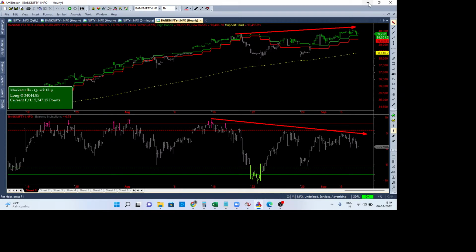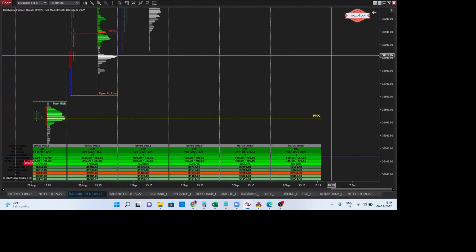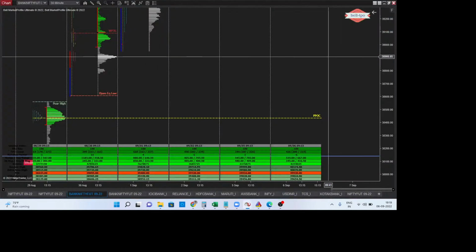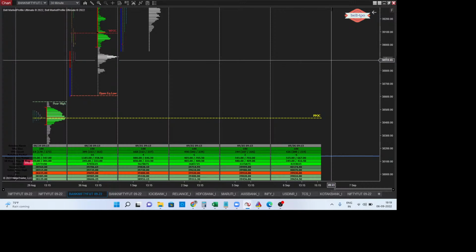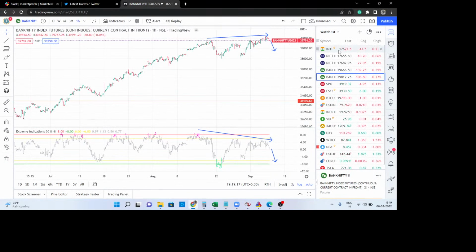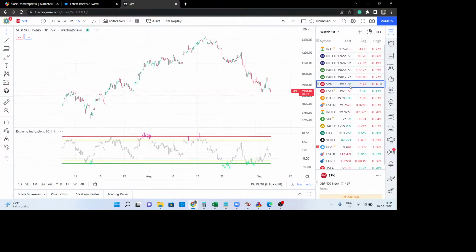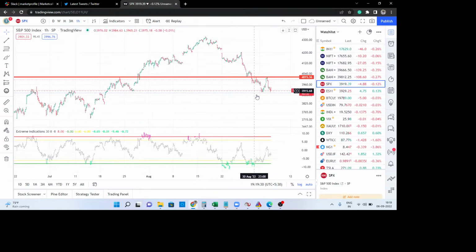So these are the two pieces of information I've been watching in the case of Nifty and Bank Nifty. Yes, the markets are a bit bearish, and let's see how the price action shapes up. Internationally, SGX Nifty is trading neutral to negative. The US market has been coming down overall, and even in the US market I'm expecting price action to come down.